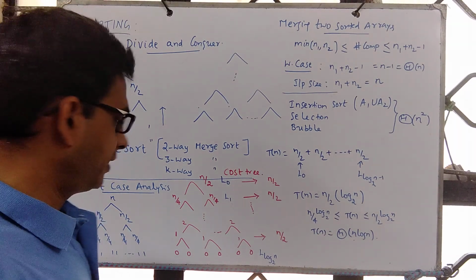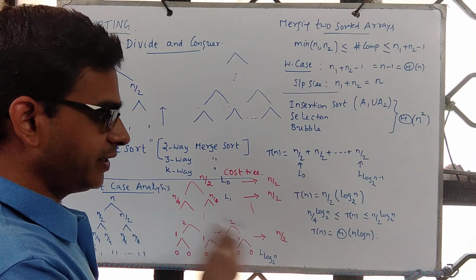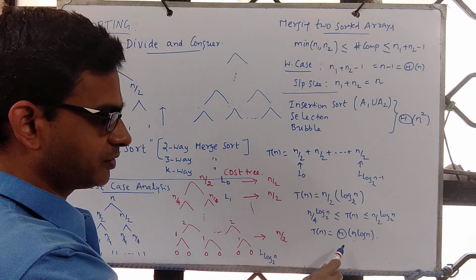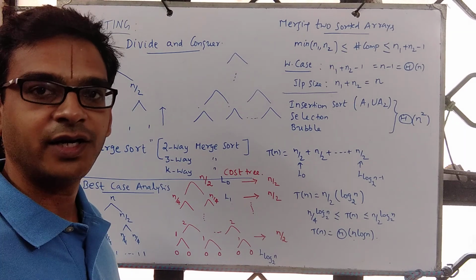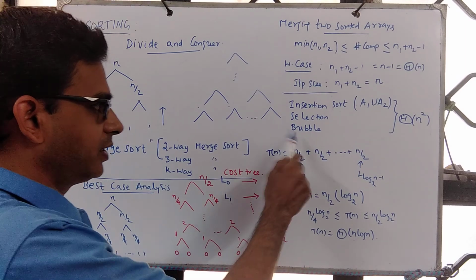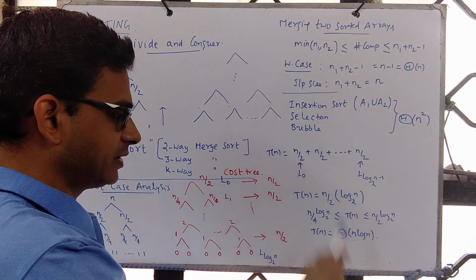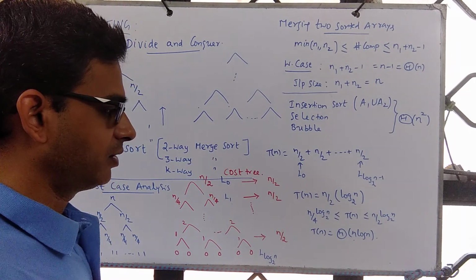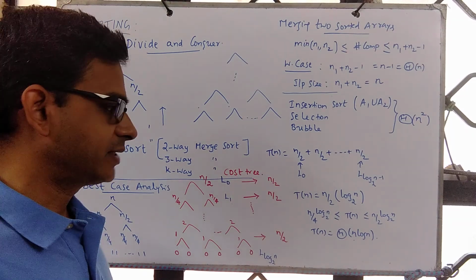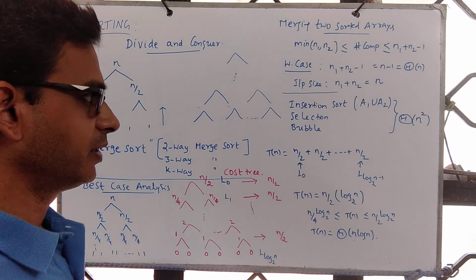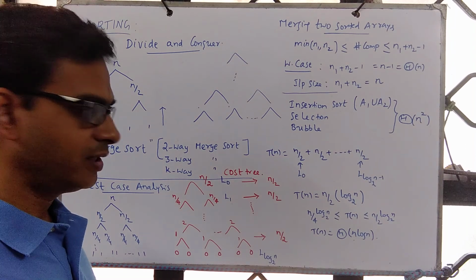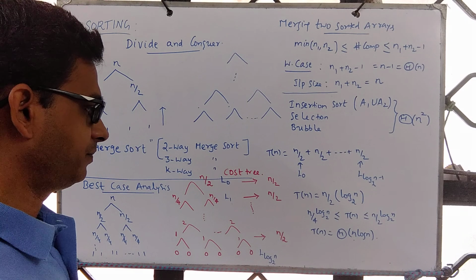Please note, in the best case, insertion sort incurs theta of n, and so insertion sort is still better, because this is taking theta of n log n time. But compared to other algorithms like bubble sort and selection sort, it is still better. And if you compare it with insertion sort, it is not. Let's look at the worst case analysis and see whether there is an improvement. And our ultimate question was, can sorting be done in little o of n square in the worst case?